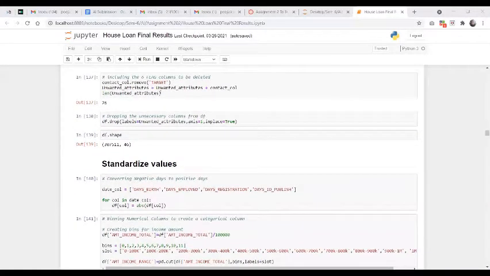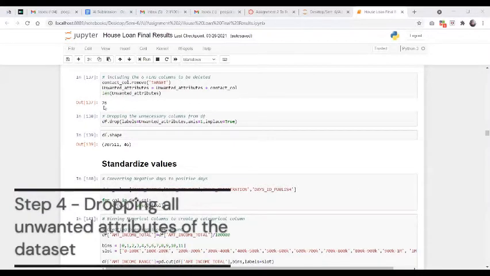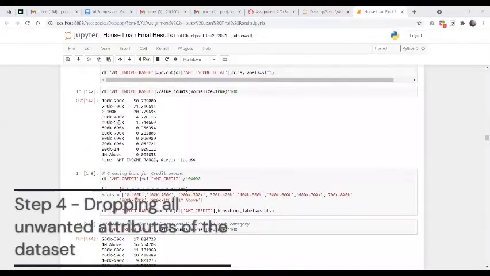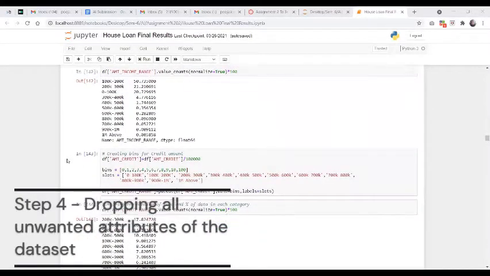So unwanted attributes is a list where we are checking now the length has become 76 of this list. We are basically collecting all unwanted attributes in that list. And then we'll drop it all together.